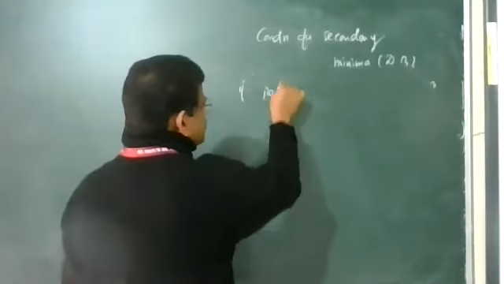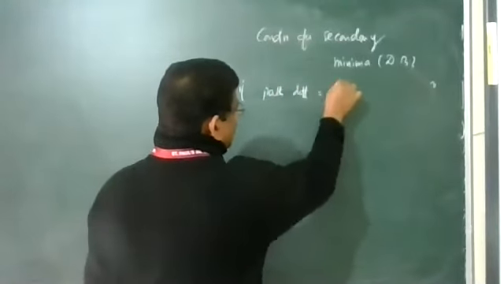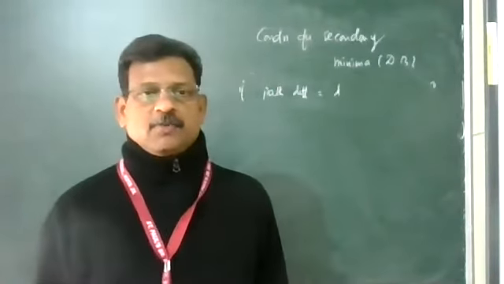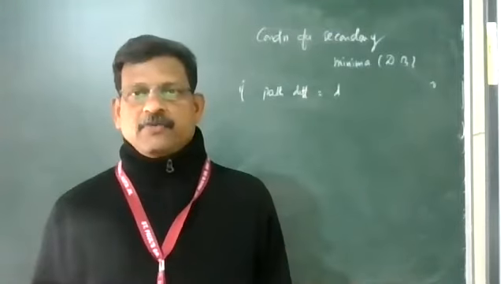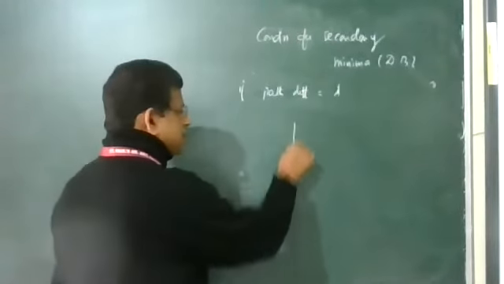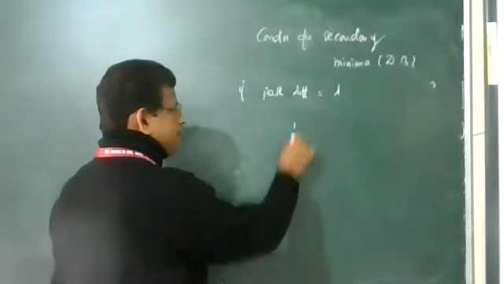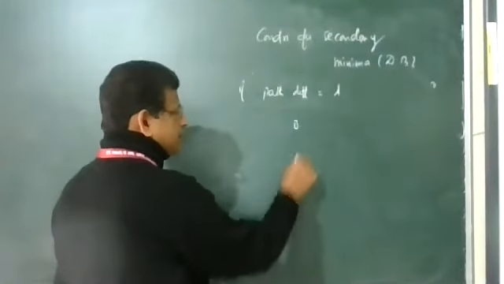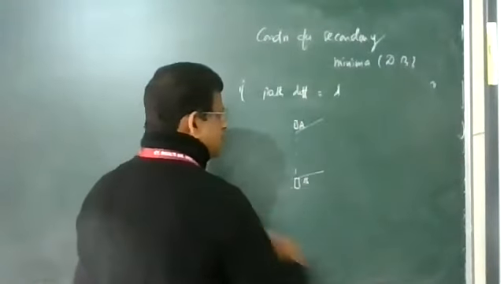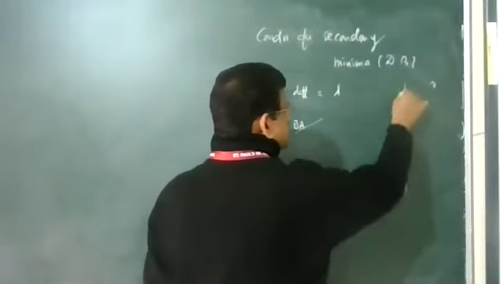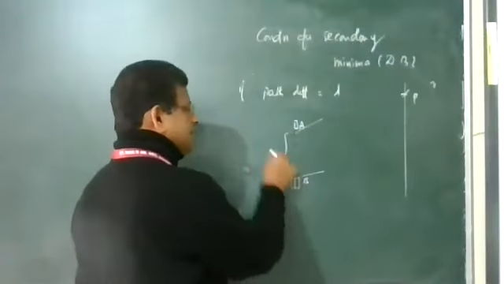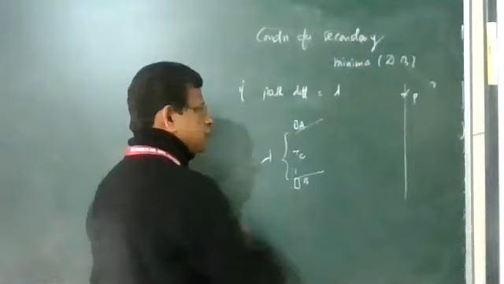If the path difference is equal to lambda, first we take a particular case, then we generalize. Last class we saw this point. If the path difference is lambda, this is between the wavelengths going from A and B reaching the point C. You can see here, AB is your slit. One wavelength from here, another from here, and they are going to reach a point beyond, on the screen.